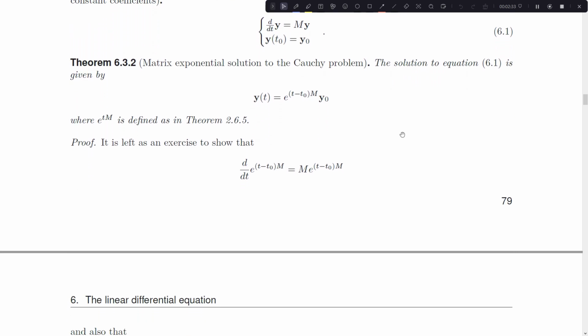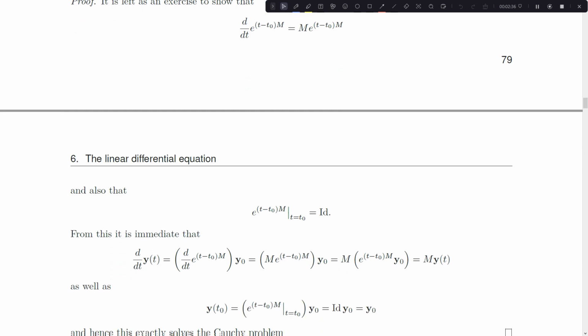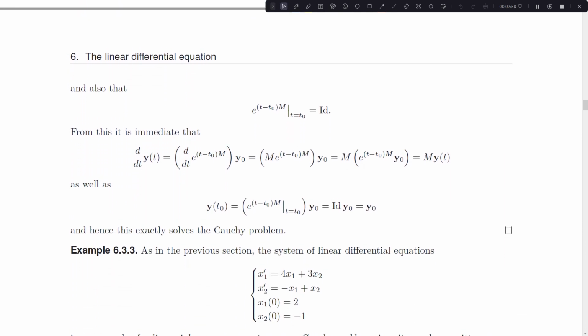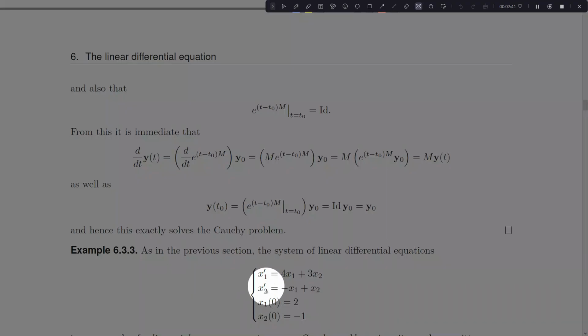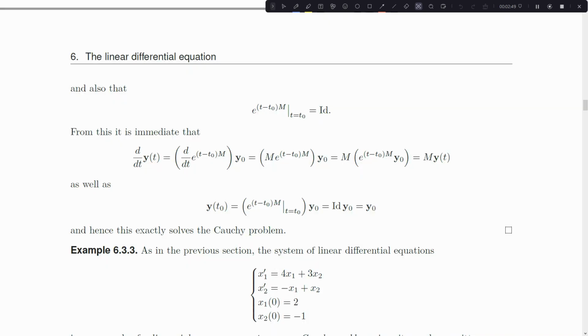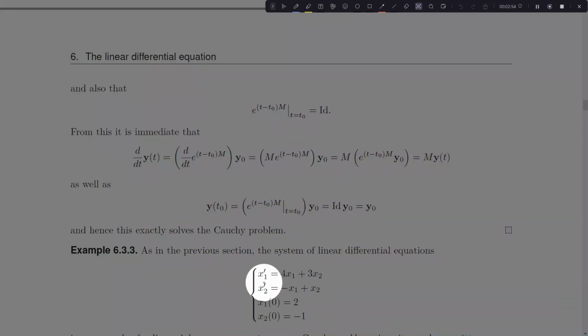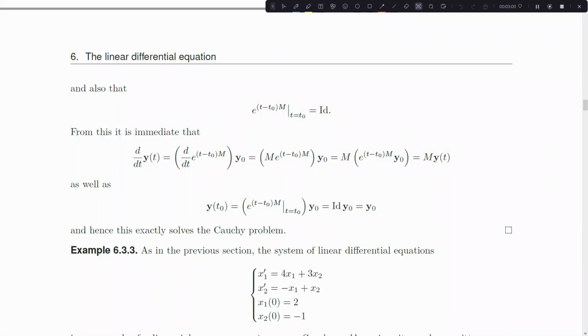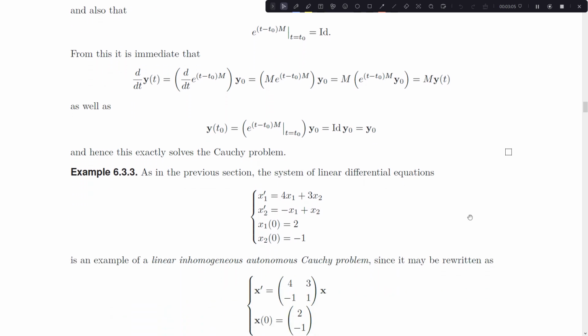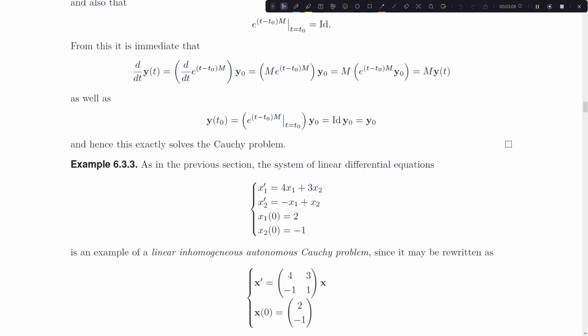But let's actually look at an example of this and see maybe if it's a little bit trickier. So let's evaluate this linear system of ODEs from the previous section. This was our nice example of a homogeneous autonomous Cauchy problem, but as a system of linear first order differential equations, it's not so clear how we might write this or solve this using our theorem that we had above with the matrix exponential. And so that's why it's important that we recognize this idea of rephrasing